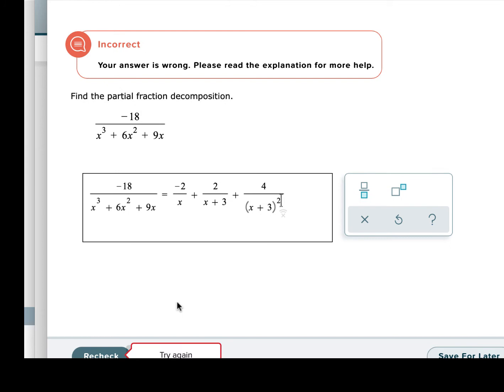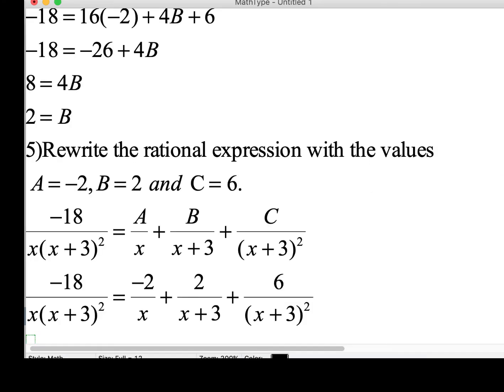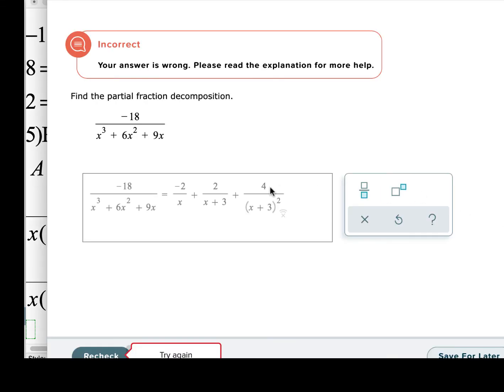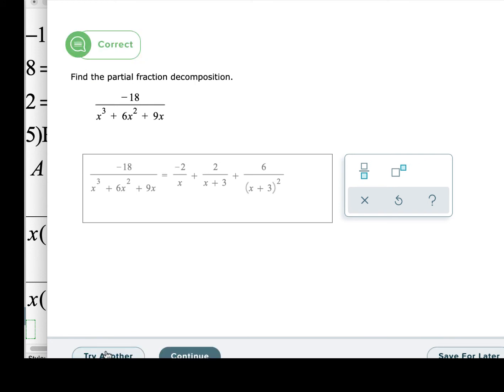Uh-oh. That's not good. What did I do? Oh, c was 6. Oops. Sorry. I know better. I normally always double check, but it's all good. So let's recheck. I wonder if it'll let you miss it twice. Huh. I'm going to select try another. No, I'm not. I'm going to select